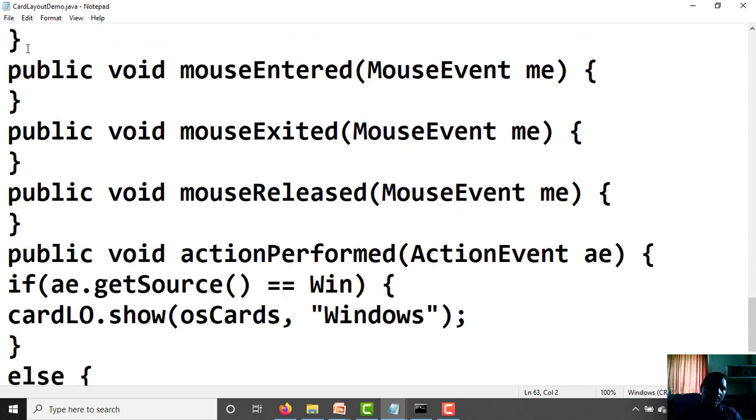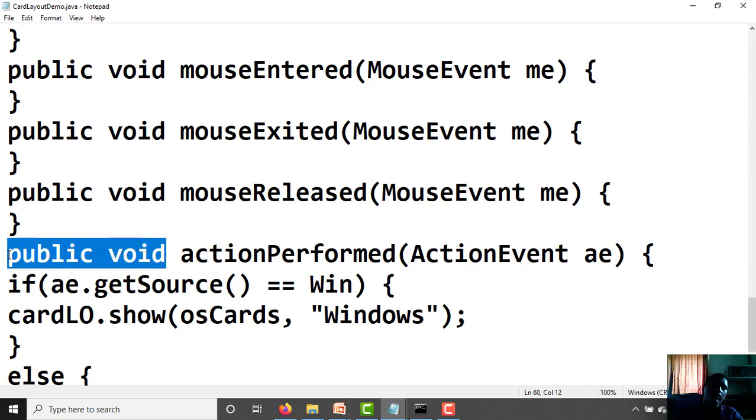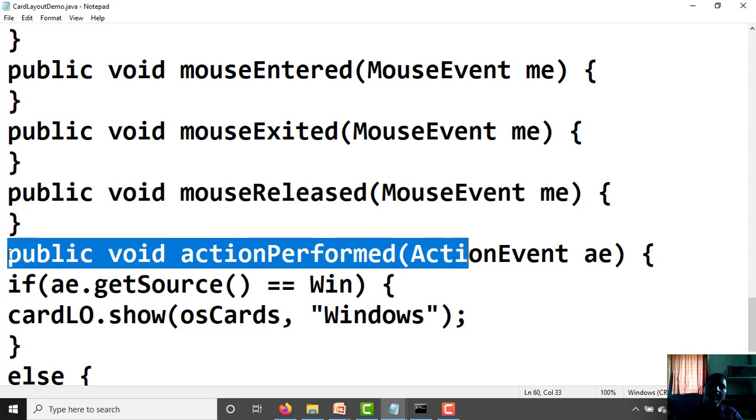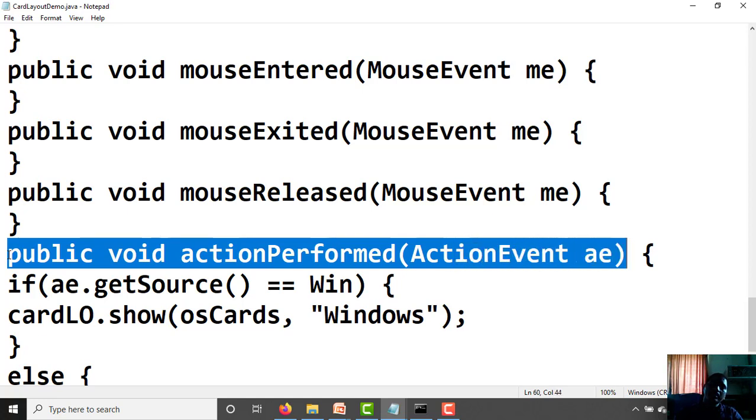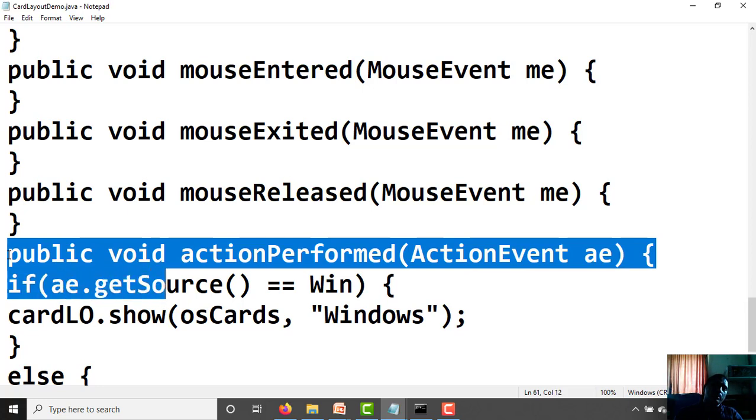Next, whenever we click on the buttons, an action event is generated. To handle this action event, the actionPerformed method is provided by the ActionListener interface. For that we use public void actionPerformed(ActionEvent ae) open curly bracket, if ae.getSource(). Here the getSource method returns the object of the control.